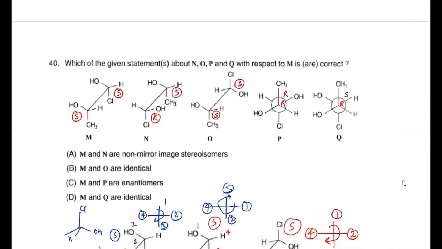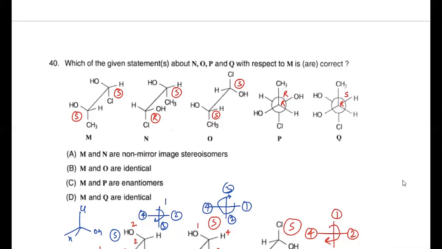पहले ऑप्शन लिखा है M and N are नॉन मिरर इमेजेस. पहले मैंने ट्राई किया है स्ट्रक्चर को मॉडिफाई करके आंसर लिखूं, but that is difficult because 5 स्ट्रक्चर्स हैं और सब कॉन्फ़िगरेशन लिखें तो ऐसे केस में गलती होने की प्रोबेबिलिटी हायर हो जाती है. तो सेफ साइड is that you write RS configuration first, then it becomes quite safe to answer. So now we'll check. It's given M and N are non-mirror image stereoisomers.